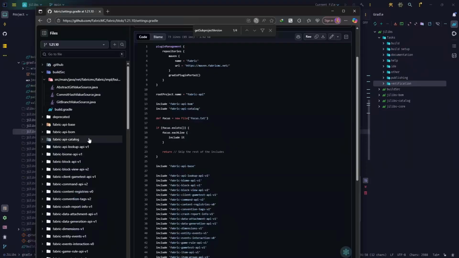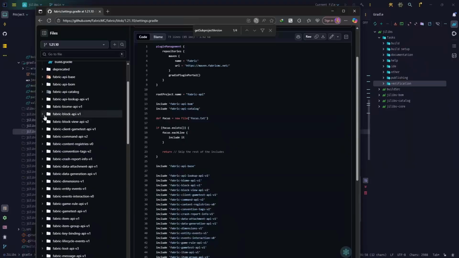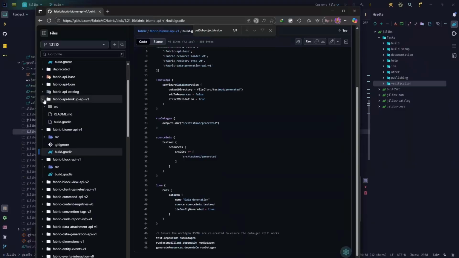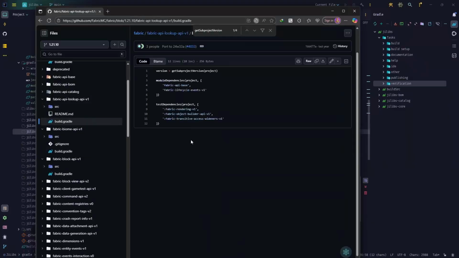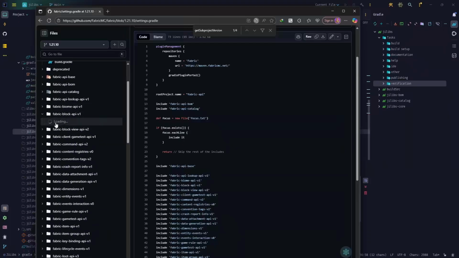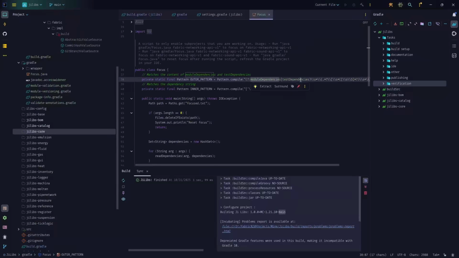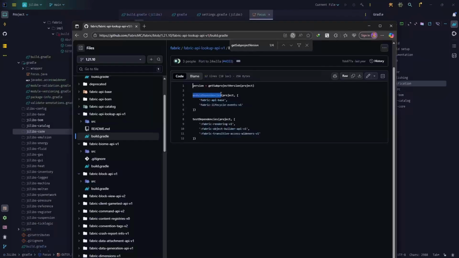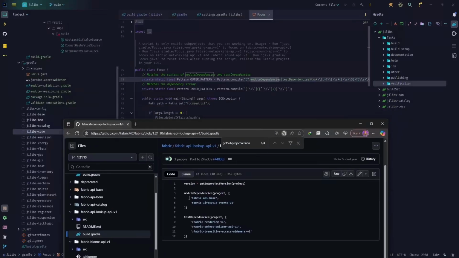I will not dive into this thing, but let's take a look at the block, for example. Hopefully it has something like that. No, I had seen some of these that had that type of thing. Here we go. You see, the thing that we wanted to find, the outer pattern, says module dependencies or test dependencies. We have it, module dependencies. Module dependencies on the project, and then each line contains one of the modules that we are depending on. So for example,